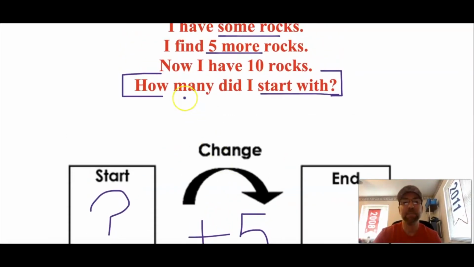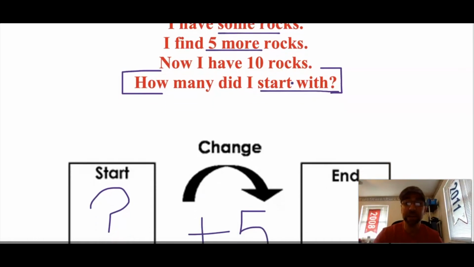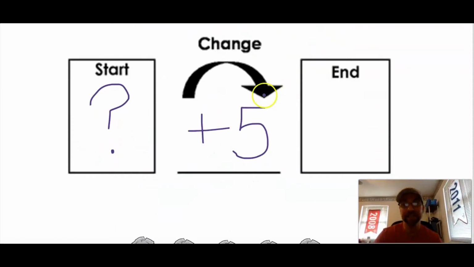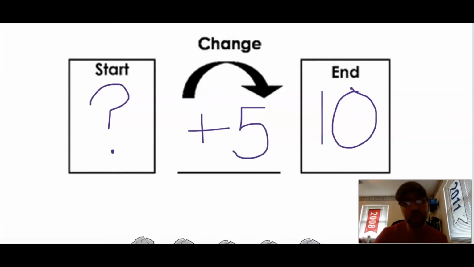And then we come to the end. Now I have 10 rocks. So in my end box, I'm going to write 10. But I don't know what my start is. I'm going to show you this one